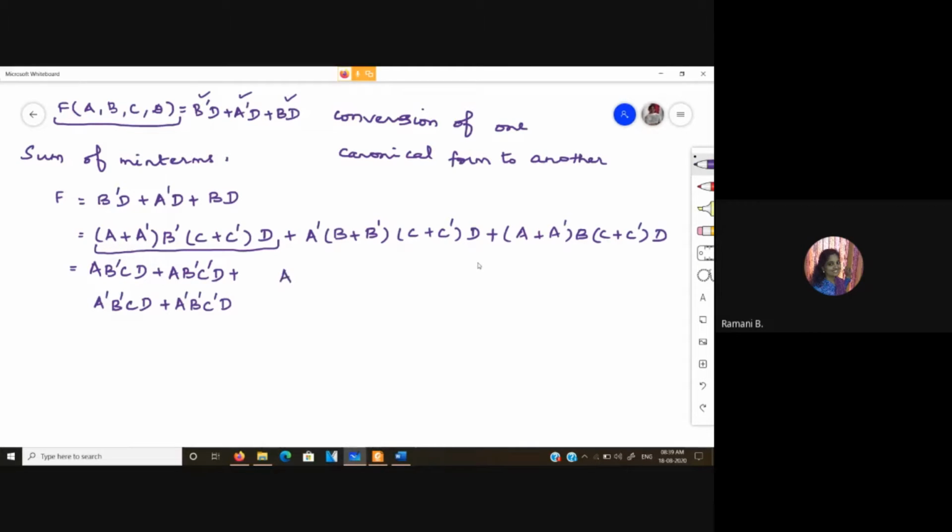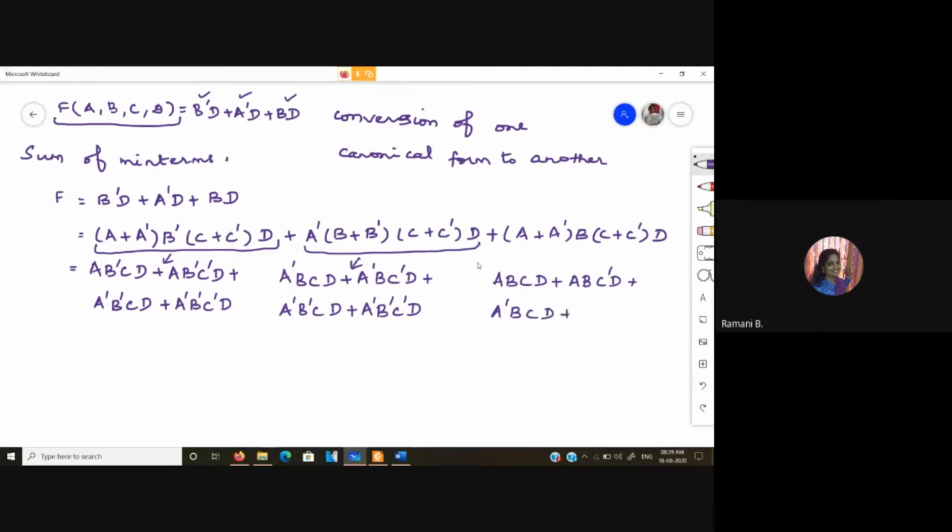Next we have a bar b c d, a bar b c bar d, a bar b bar c d, a bar b bar c bar d. Now for the last one we have a b c d, a b c bar d, a bar b c d plus a bar b c bar d.